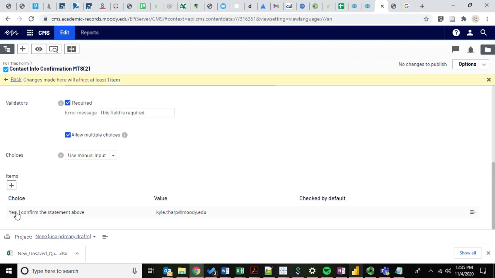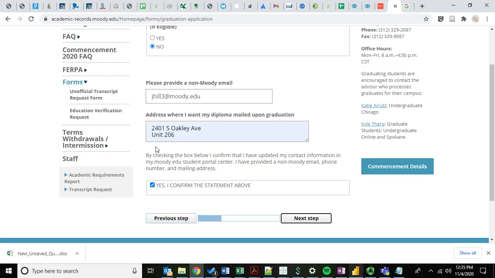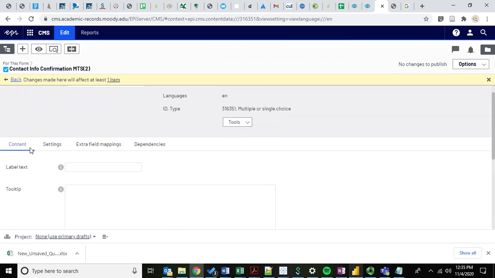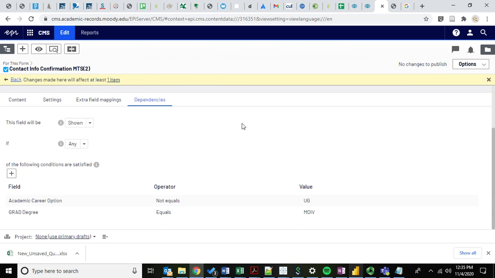First of all, it lets them check the box, take a moment, and read the paragraph where we ask them to update their contact information. The other thing it does is it actually creates the value on the page, kyle.tharp@moody.edu, who is the advisor in charge of MTS graduates. He is the one managing those students. And so if you go to the dependency, you'll notice that